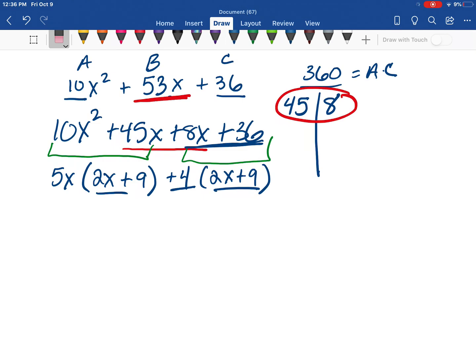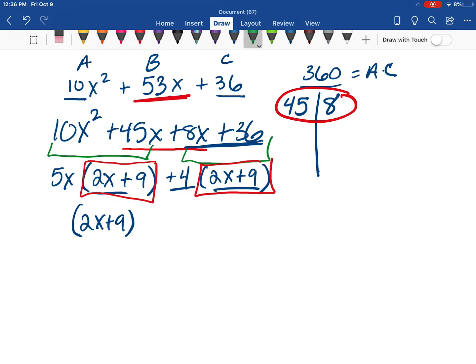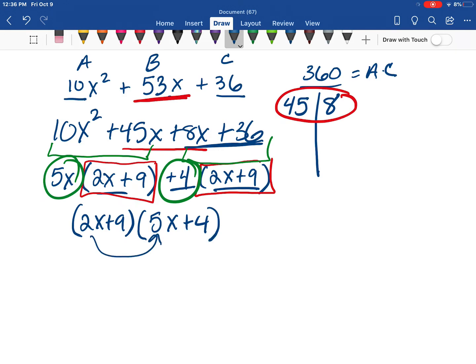Whoops, I just realized I made a mistake. That should just be an x, not an x squared. And then what you'll see is that this term is the same and this term is the same, which is why we wanted those parentheses to be the same, so we can factor that out. So I can pull out 2x plus 9, that's what's in common, and what's left over is 5x plus 4. So in parentheses I put what's left over, which is 5x plus 4. If you want to check it, all you would have to do is FOIL it, and make sure when you FOIL it, you get your original trinomial, which is 10x squared